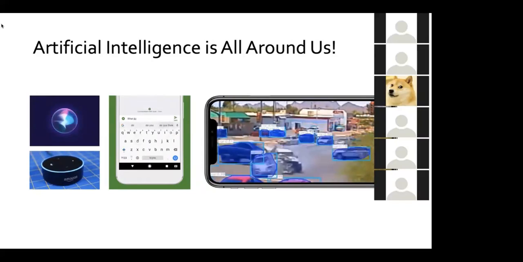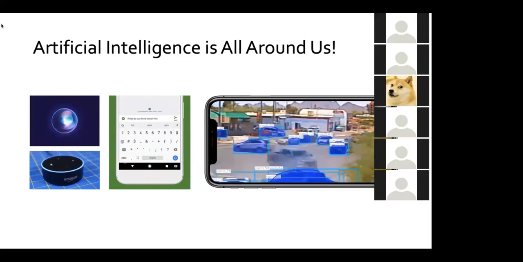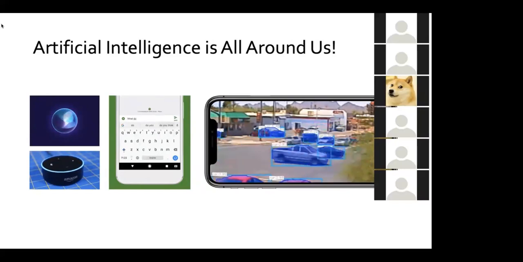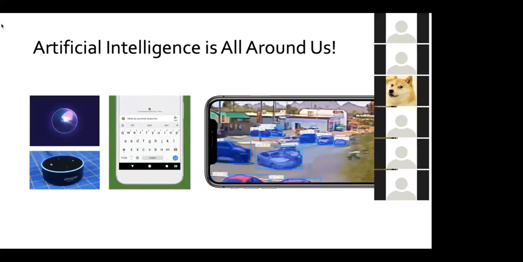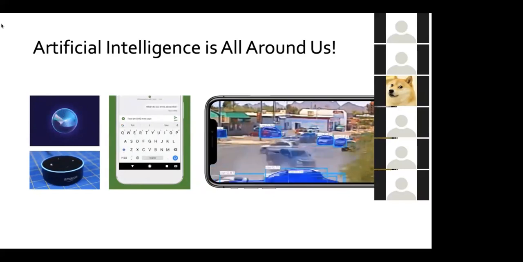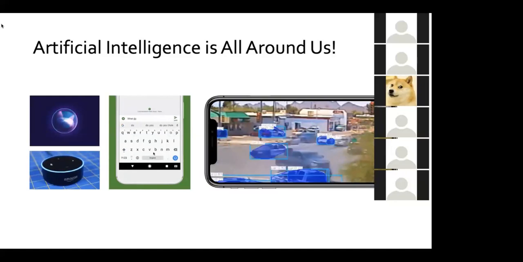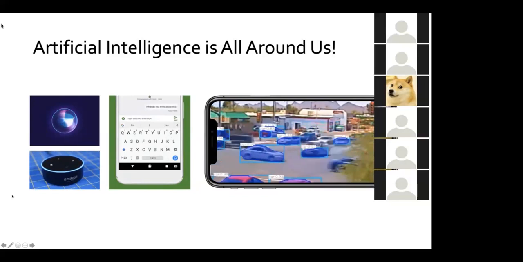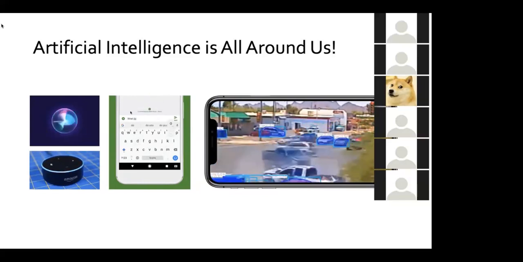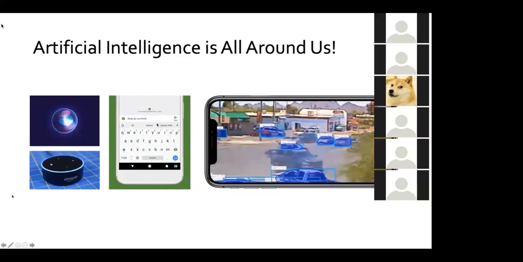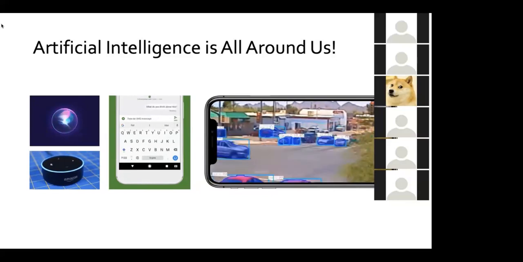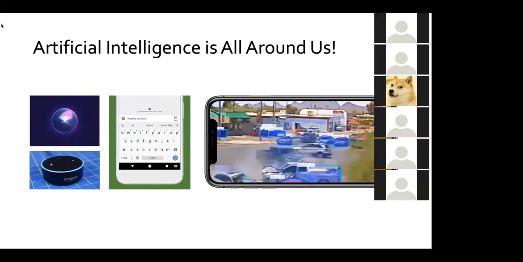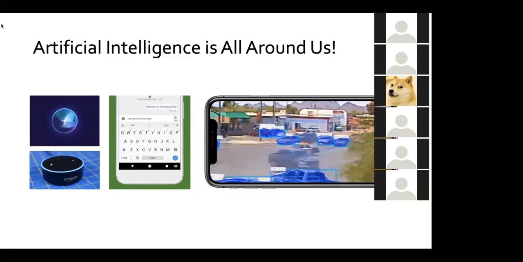You guys can probably all think of examples of AI around us. They manifest in lots of different subtle and maybe not so subtle ways. Like you can think of Siri, Cortana, Amazon Alexa. These are all things that use AI. Or even something as mundane as the autocomplete on your keyboard, when you're typing text to your friends, it can predict what the next word you're going to say is, and then sometimes you can click on it without having to type out the entire word. This uses AI, and in a future class, we'll explore how exactly this is done, and it's actually quite interesting.